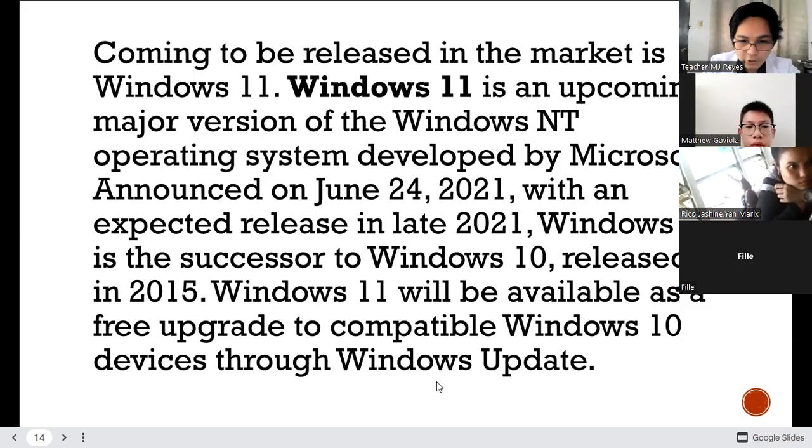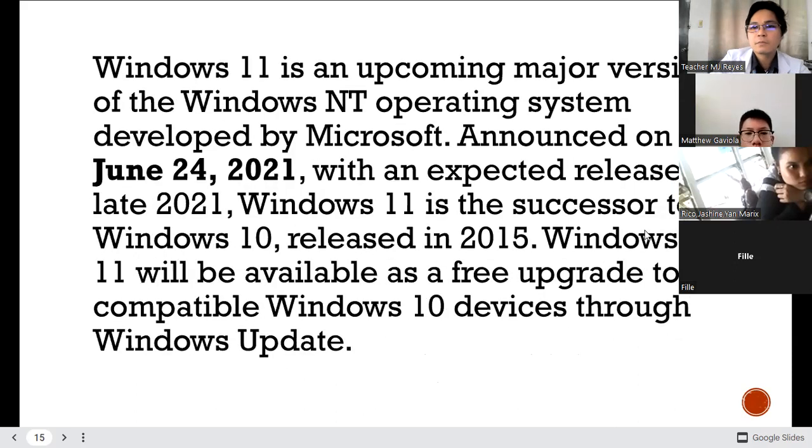Even your browser and running programs consume a lot of memory. That's why I recommend that if you upgrade your unit, laptops or PCs to Windows 11, you should have at least 8 gig memory in your RAM, or random access memory. And you should also have a bigger processor.